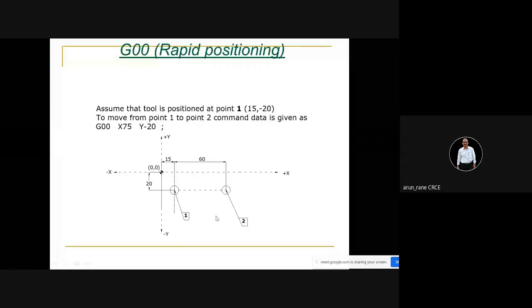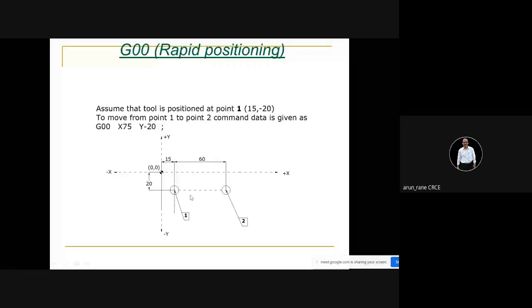So we want to move the drill from point 1 to point 2. So that's an idle motion, isn't it? That's idle motion because no machining is happening on the workpiece. We have to do only this drilling. The only machining is when you actually do the drilling. Movement and positioning at the points 1 and 2, that is idle movement. So that has to happen by G00. That is rapid positioning.